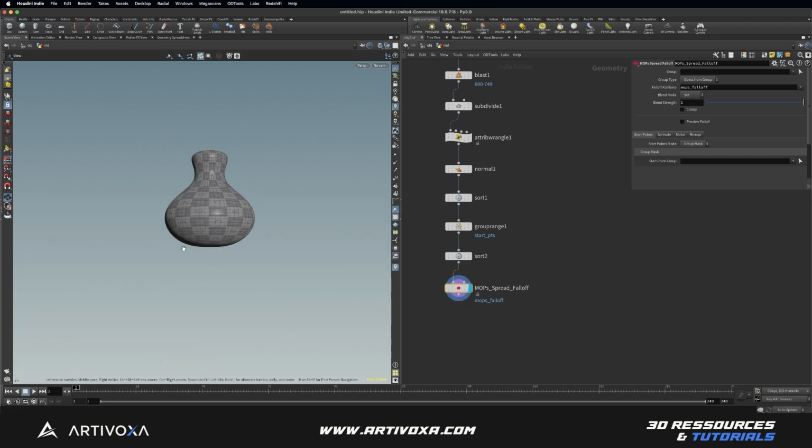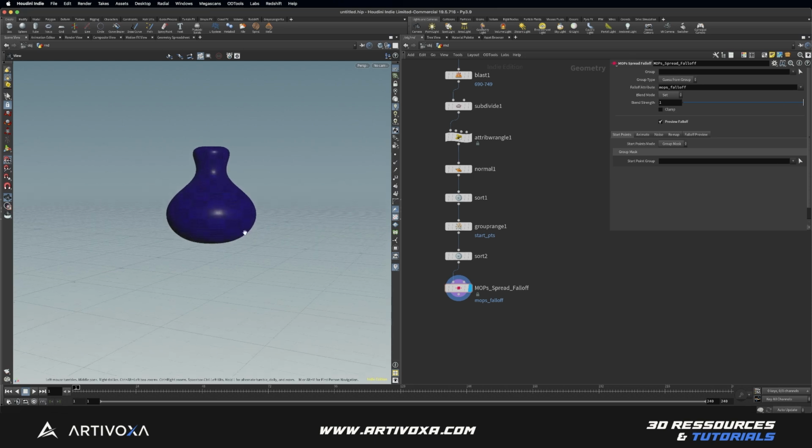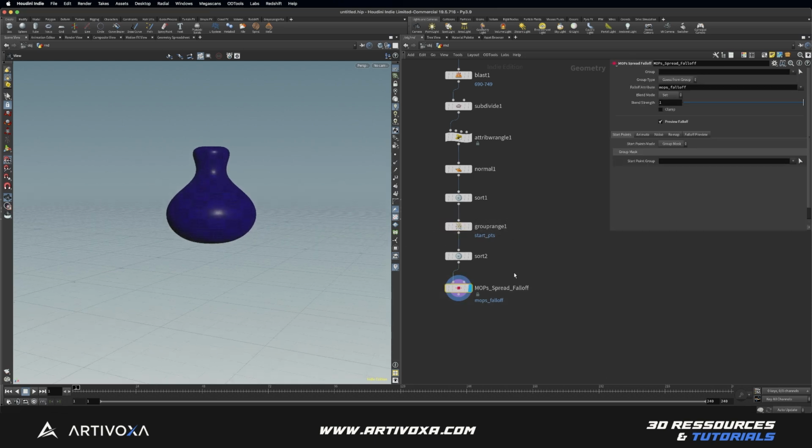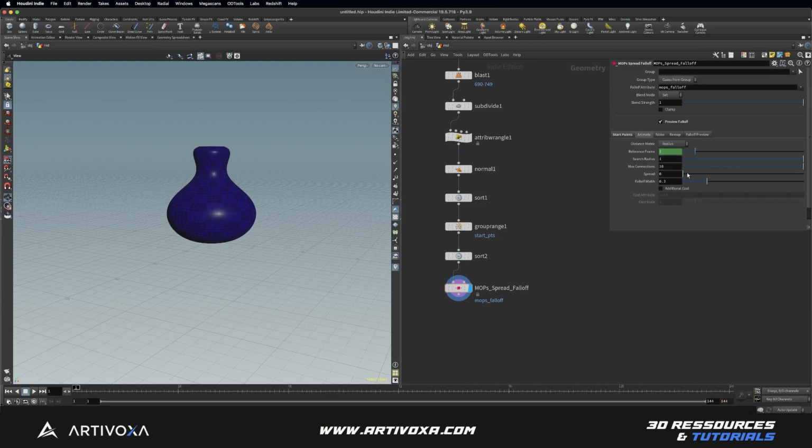And here with the mops spread fall off, you can click on preview fall off here, and you can define a point group for the starting of the spread. And the group is created with a group range here, and we have called it start PTS. So let's select it, start points. And now we can preview our fall off, but for now we don't have anything. So let's change the timeline length to 144, and here you can go into animate, and here you can see you have the spread option here,